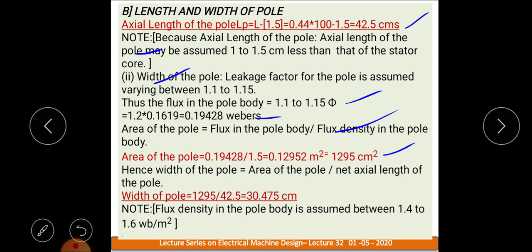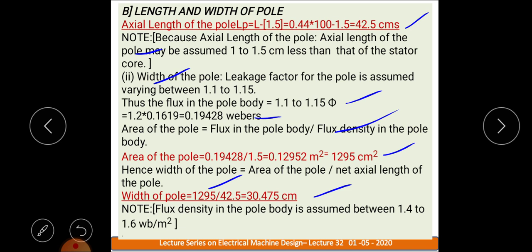Now for the area, the equation is width into length. Since we need to calculate the width of pole, 1295 divided by 42.5, we are going to get 30.475, that is the width of pole. So length we have calculated as 42.5 centimeter, width is